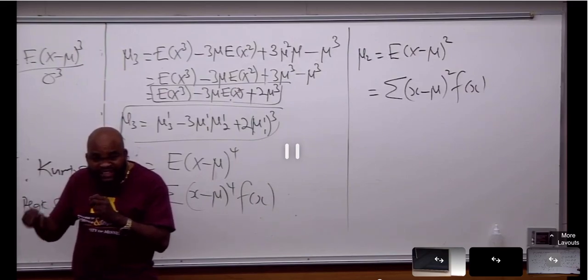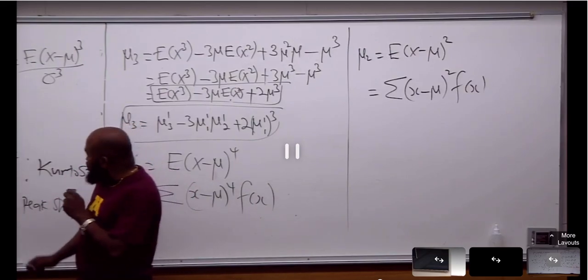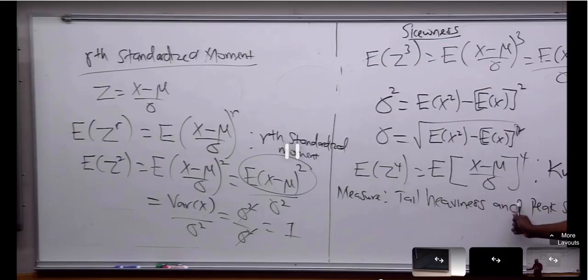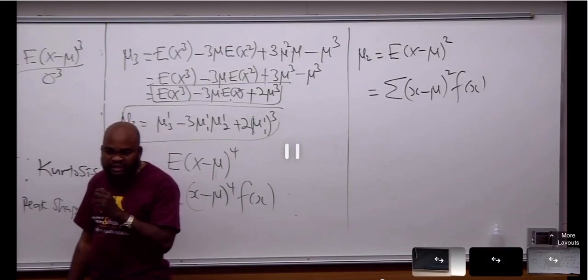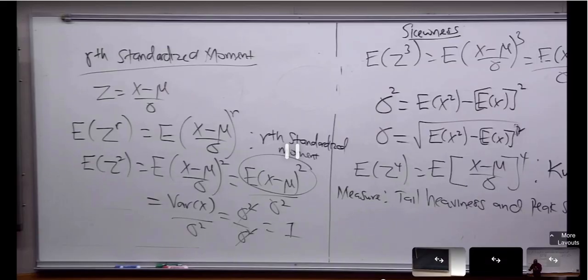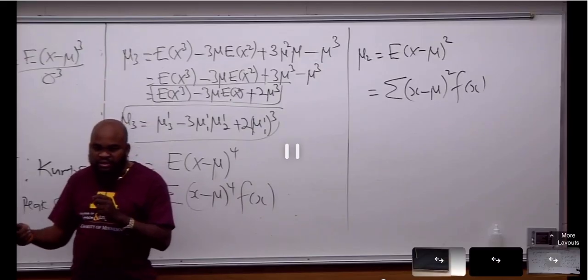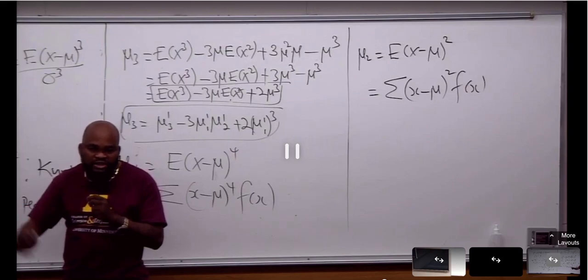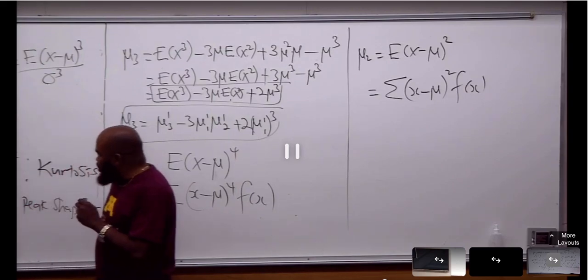Now, what is the threshold for kurtosis? The kurtosis of a normal distribution is 3. That is the standard. The kurtosis of a normal distribution is 3. When you get a kurtosis of 3 from a data set, that data set is telling you, oh, I'm normally distributed, which we call mesokurtic. Okay, when the kurtosis